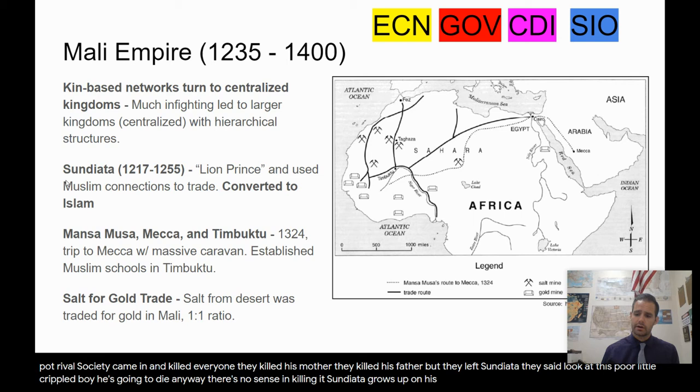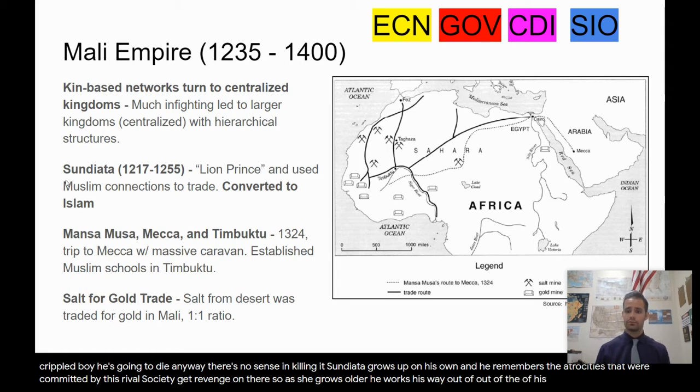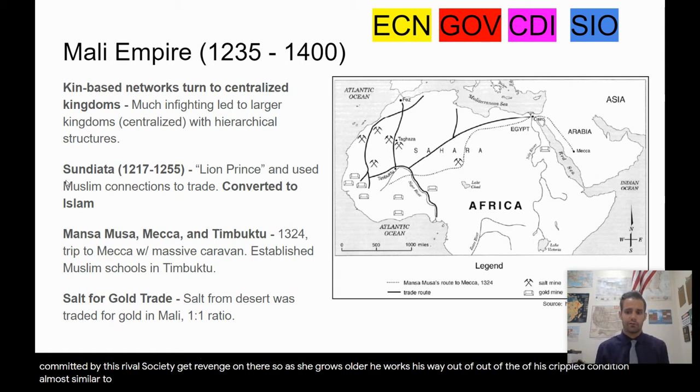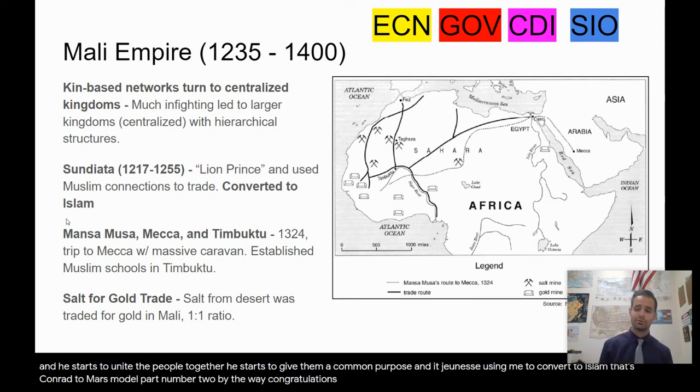Sundiata grows up on his own, and he remembers the atrocities that were committed by this rival society, and he vows that he is going to get revenge on them. So as he grows older, he works his way out of his crippled condition, almost similar to Forrest Gump, if you happen to have seen that movie. And so Sundiata eventually becomes a strong, powerful warrior, and he starts to unite the people together. He starts to give them a common purpose and a common enemy and a common religion, as he is going to convert to Islam. That's Konrad Demar's model, part number 2, by the way,